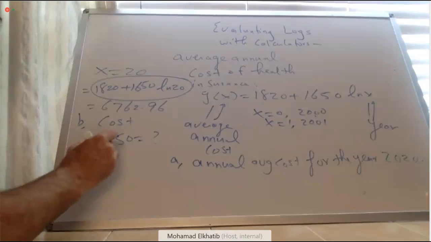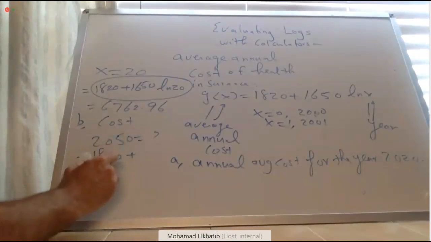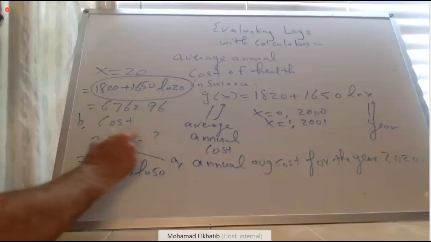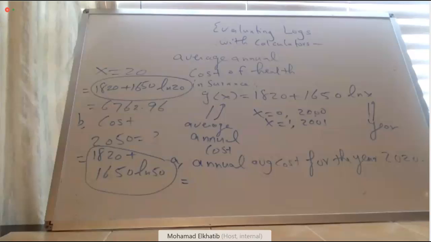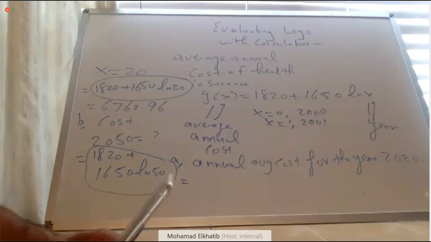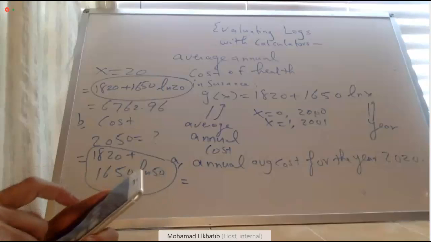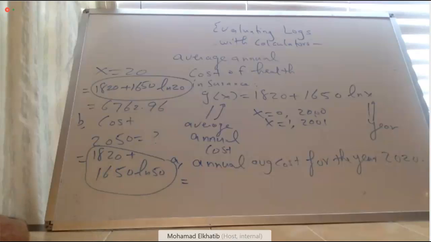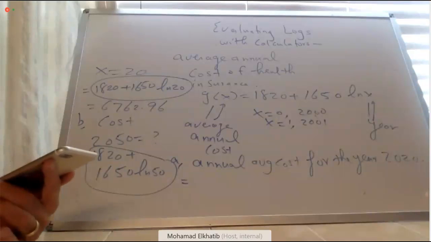So we're going to do 1820 plus 1650 ln 50 because the year 2050, right? So I'm going to do ln 50 first. So here we go. 50 ln times 1650 equals plus 1820. And I got 8,274